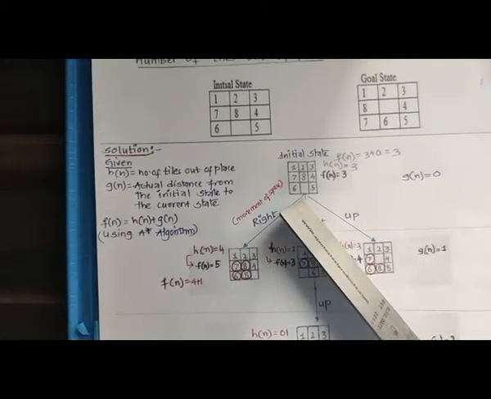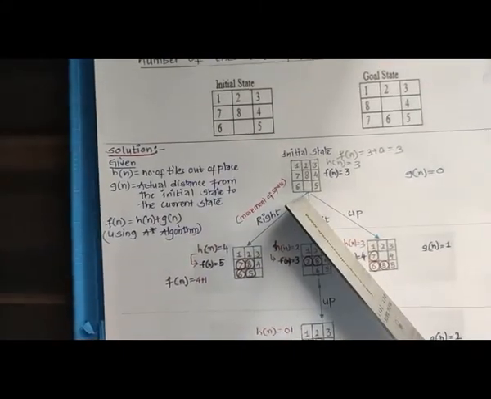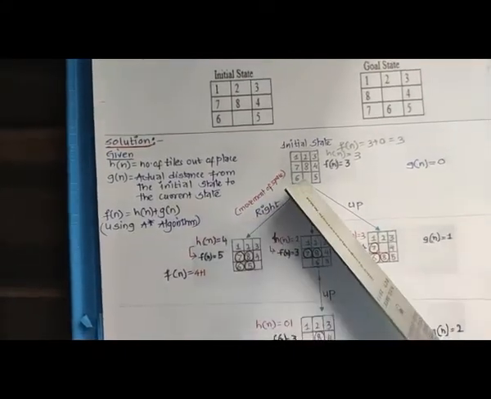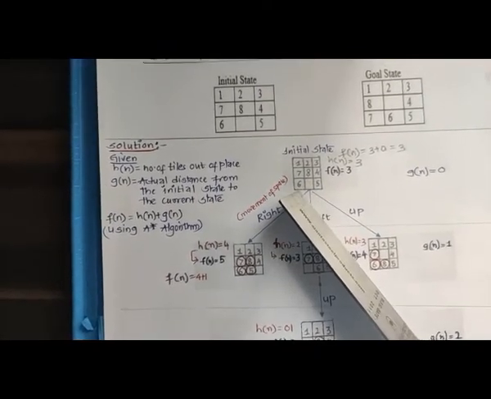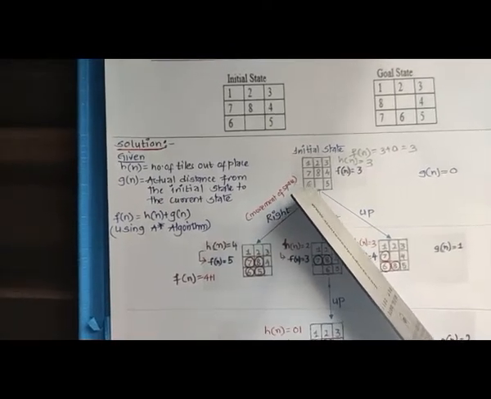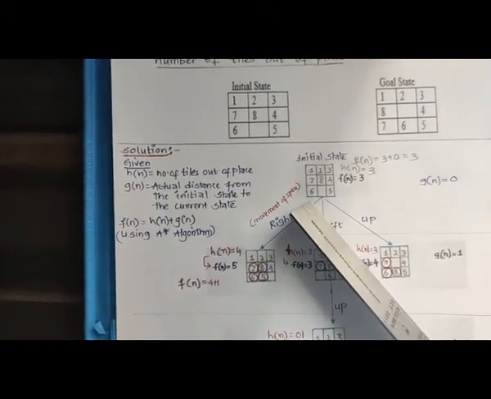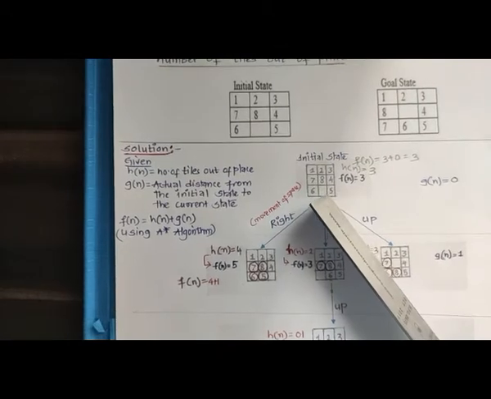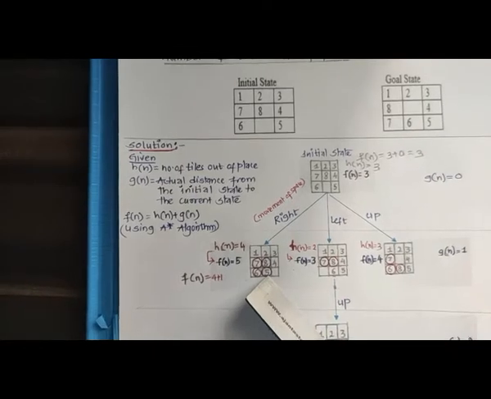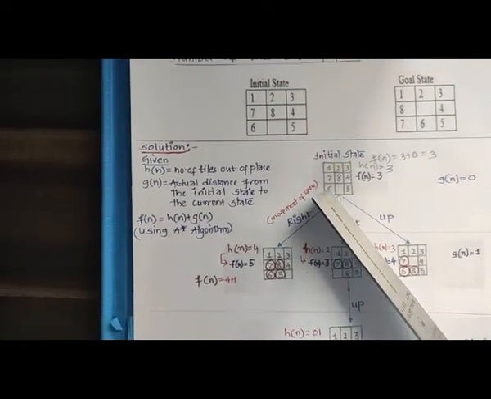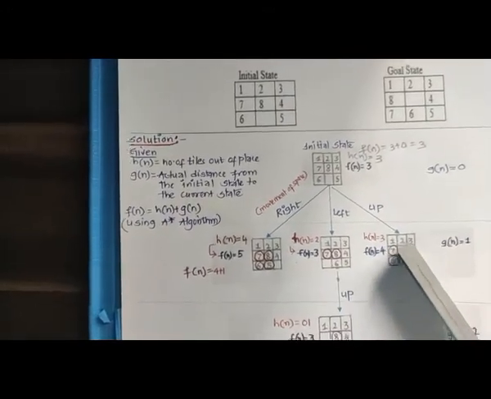Now, even though we consider the heuristic as the number of tiles out of place, we talk in terms of the movement of the space. For example, if we move this 6 to the right, the space moves to the left, right? So we always talk in terms of movement of space. Accordingly, if we move the space right, that means I am moving 5 to this empty block and my space will be moving to the right. So this is what is happening here. To the left means I am moving this 6 to the empty block and my space moves to the left. And the same for up.